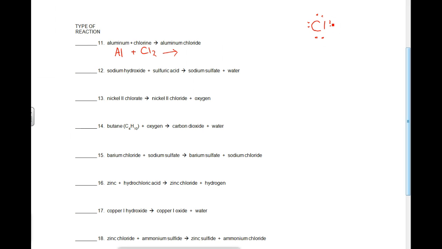Alright, so it wanted one more dot. If 2 chlorines can get together, they both have 7, they share each one, then they both have 8. That's why chlorine is a diatomic element. Alright, so when it's alone, it's Cl2. Then we form aluminum chloride,